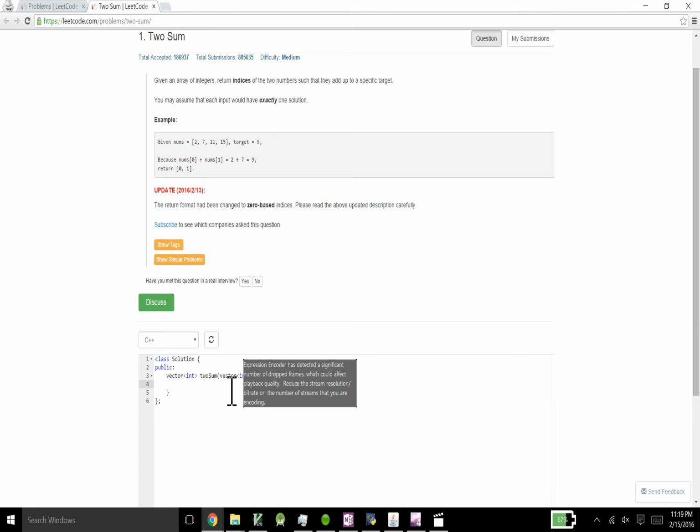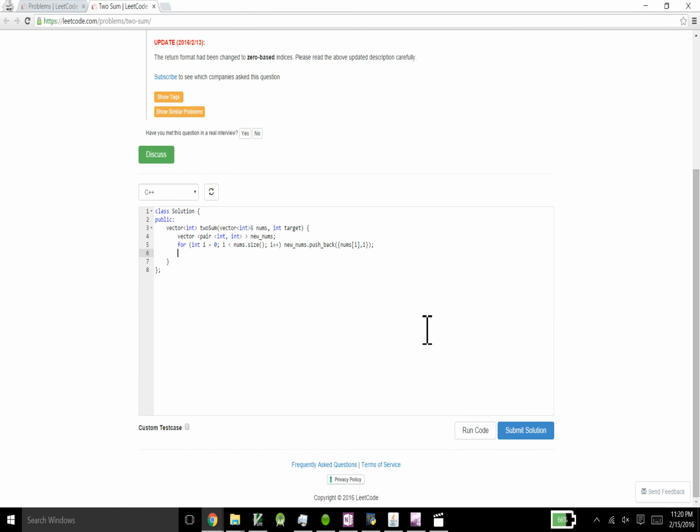So let's first make a new vector that will store the values, comma, indices as pairs, and iterate through the original vector. And insert into that vector the value, comma, the index, and